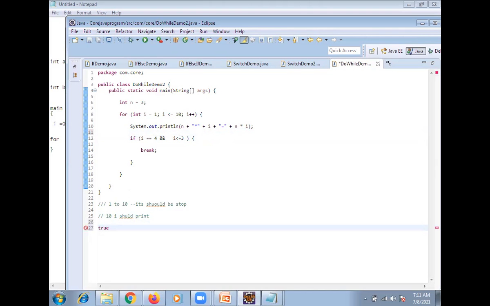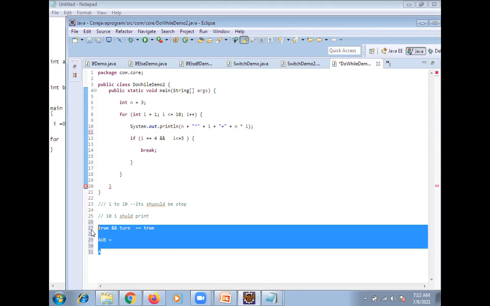True and true, then only true. A union B equal to, what will happen? Are you aware about this? A intersection B. These are mathematical. Exactly. Based on this concept only, these operators work.